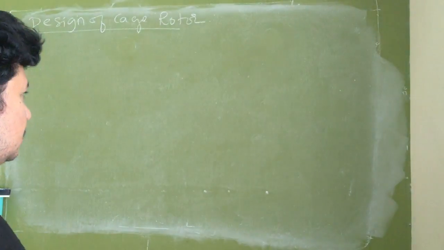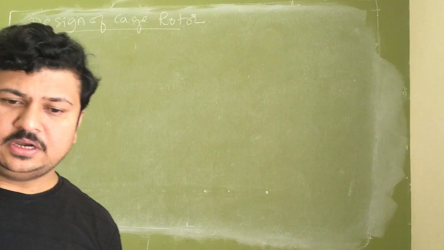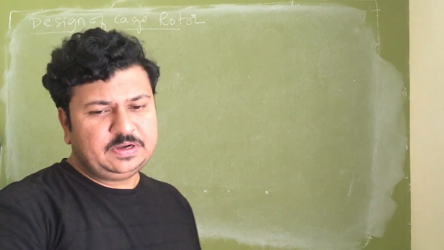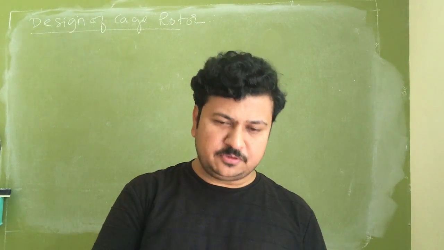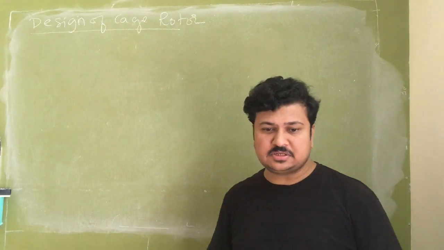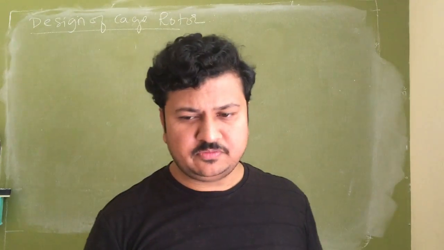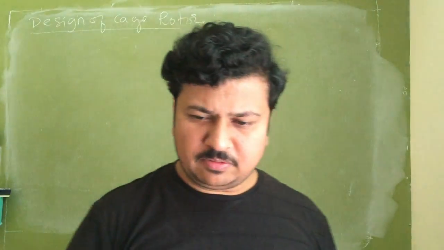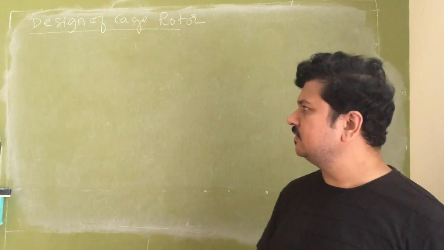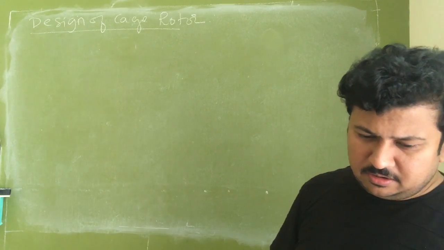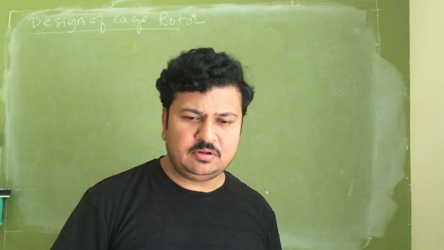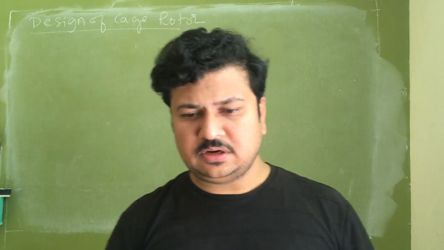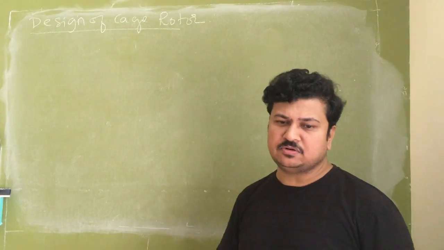With certain combinations of rotor and stator slots, if it is a cage rotor, sometimes it will refuse to start, sometimes it may start but run at very low speeds, which is of no use for me to run the load. Sometimes it may exhibit a large amount of mechanical vibrations, due to which there may be physical damage to the shaft and the rotor itself, or there may be a large noise generated during the operation of the induction motor. So these are the undesirable behaviors of the rotor when it is a squirrel cage rotor.